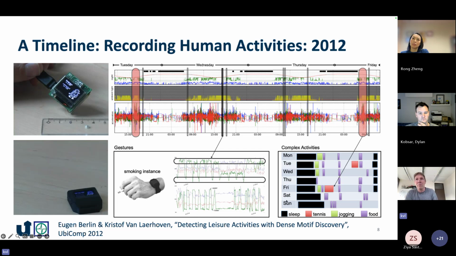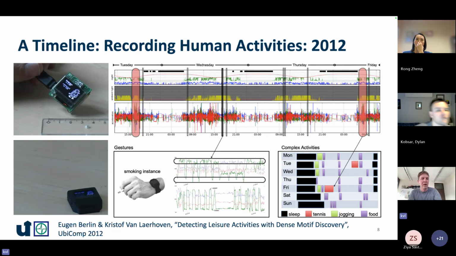And the aim of this bigger project was that more complex activities, such as playing tennis or jogging or food intake, would be then also recognized through all of this data. So this way we had quite a lot of data that we recorded through several studies. So we had lots of studies involving sleep laboratories, where we compared this against polysomnography. We had some clinical studies with bipolar patients, and that way we recorded loads and loads of data using this